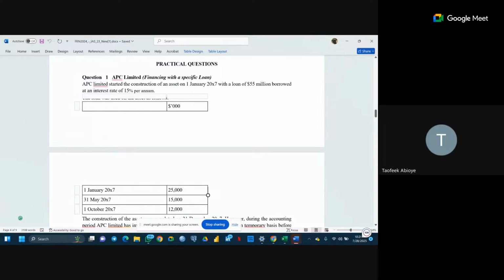If the source of the fund is a specific source, it's going to be on a 12-month basis. However, if it's from a pool of fund, which we are going to solve an example on, that is when you will consider the month that they make use of the money by prorating it divided by 12. But here, for the fact that the fund is from a specific source of fund and it's not from a pool of fund, we are not going to consider any proration on monthly basis. It's going to be on a 12-month straight period.